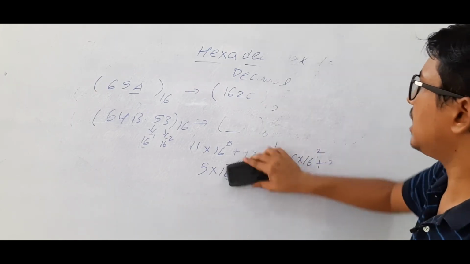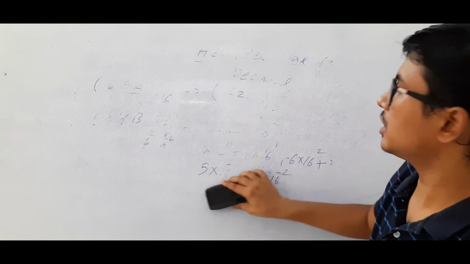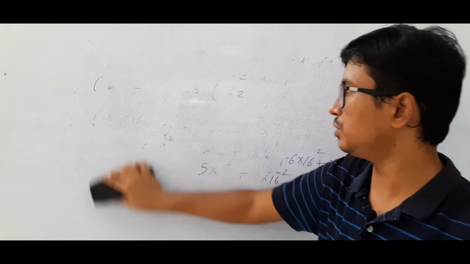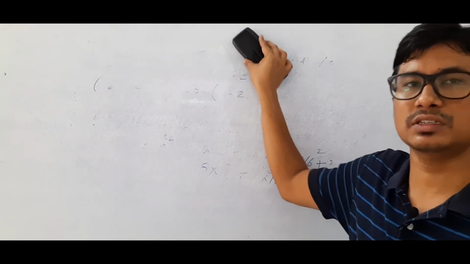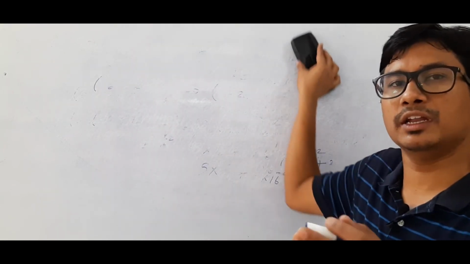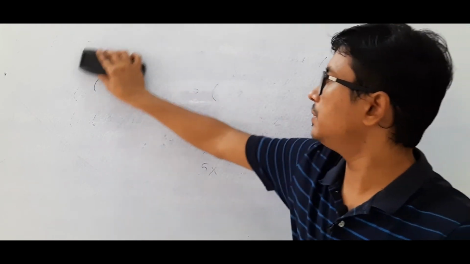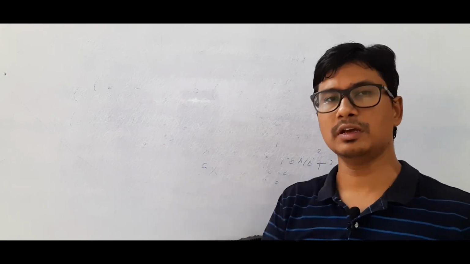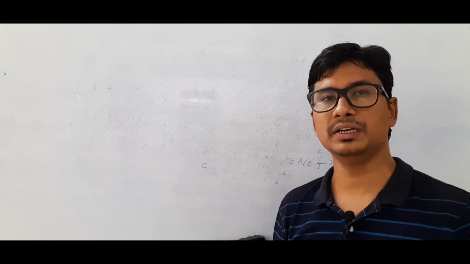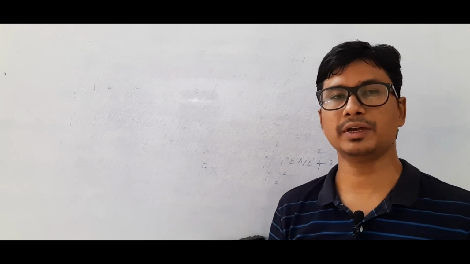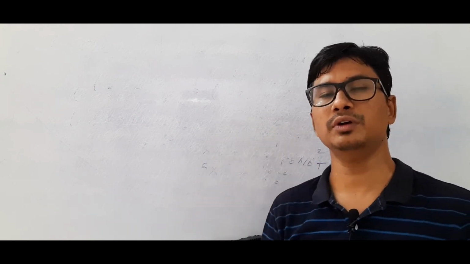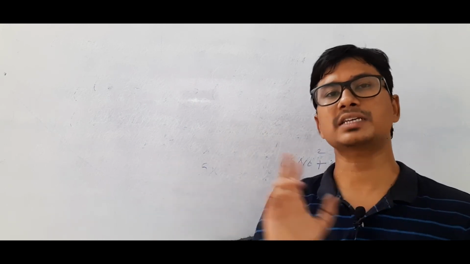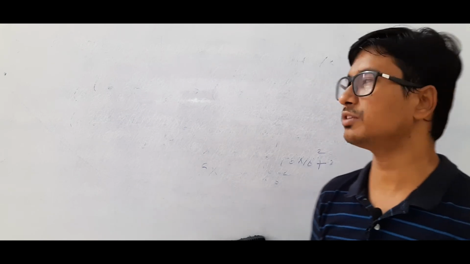Now a lot of people will ask me these doubts. Sir, it is okay, you have discussed decimal to binary, decimal to octal, decimal to hexadecimal. Then you have discussed binary to decimal, and octal to decimal. Am I right? We have discussed 6 conversions till now. Binary to decimal, decimal to binary. Then similarly, decimal to octal, octal to decimal. Then decimal to hexadecimal and hexadecimal to decimal. All these 6 conversions we have discussed.